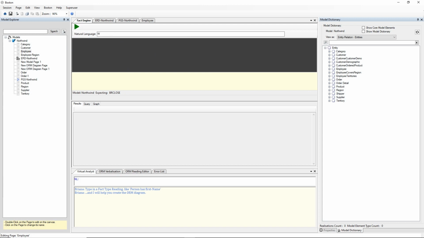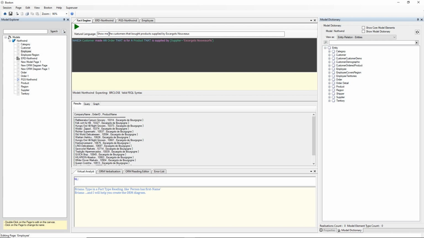So we can say, show me the customers that bought products supplied by, and here's the name of our supplier. So that's going to go away and convert to controlled natural language and then execute. So there's the name of the customers and the products that they bought, and they were supplied by Escargot Nouveau.